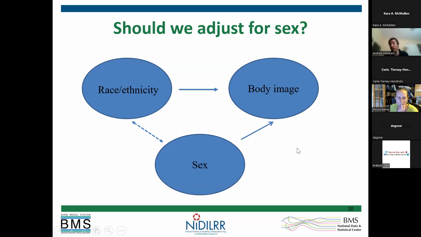And again, people might disagree with this as well, but I imagine there's probably less pushback on sex being potentially related to body image, and that in particular, sex could cause differences in body image. Just through upbringing and societal pressures, your sex through that whole pathway is then going to alter your body image perception. So again, other people may be able to argue that, and that's perfectly fine. But I think that one's maybe a little more airtight than this relationship between race and ethnicity and sex.